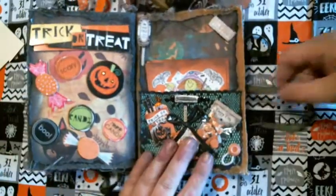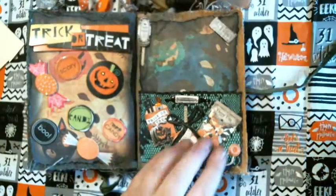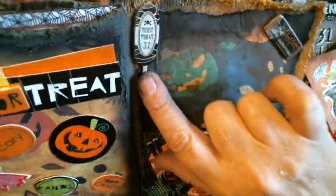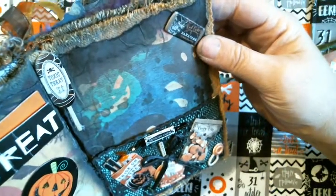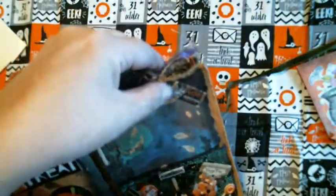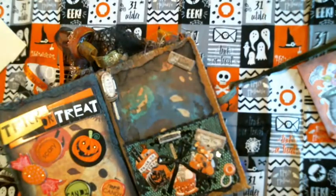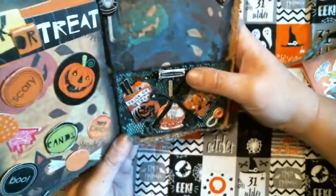This side basically is the same: a pocket, some Amy paper, and grunge paper. But the candy is so cool on this one. This little popsicle stick says Toxic Treat on a stick. This says dark chocolate. I might get my magnifying glass. I can't read that one. What's it say? Evil candy, dark chocolate. And this one says devilish chew,